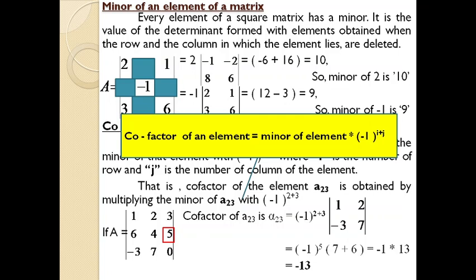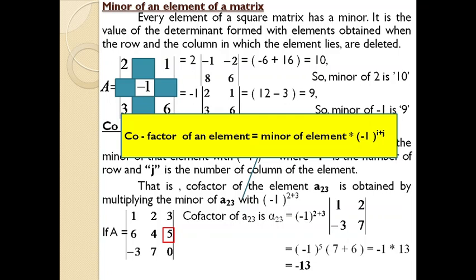Even though you may find these things simple or easy, the issue is that whenever you are dealing with a question in an examination, you need to find the cofactor of each element. Each element means, here this matrix is of order 3. That is, it consists of 3 rows and 3 columns. In simple terms, there are 9 elements. So whenever you are asked to find the cofactor, you have to do this computation. Here we computed only for one particular element. You have to do this computation for each and every element within the matrix.